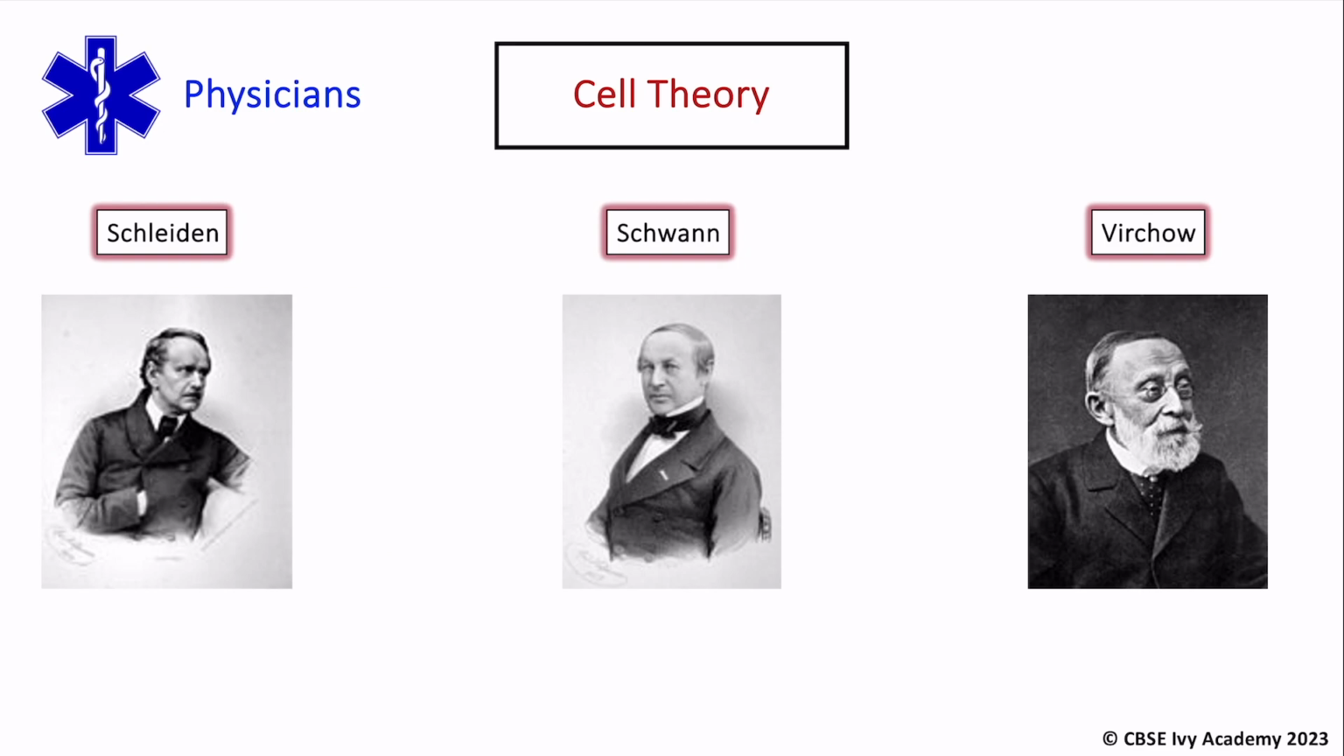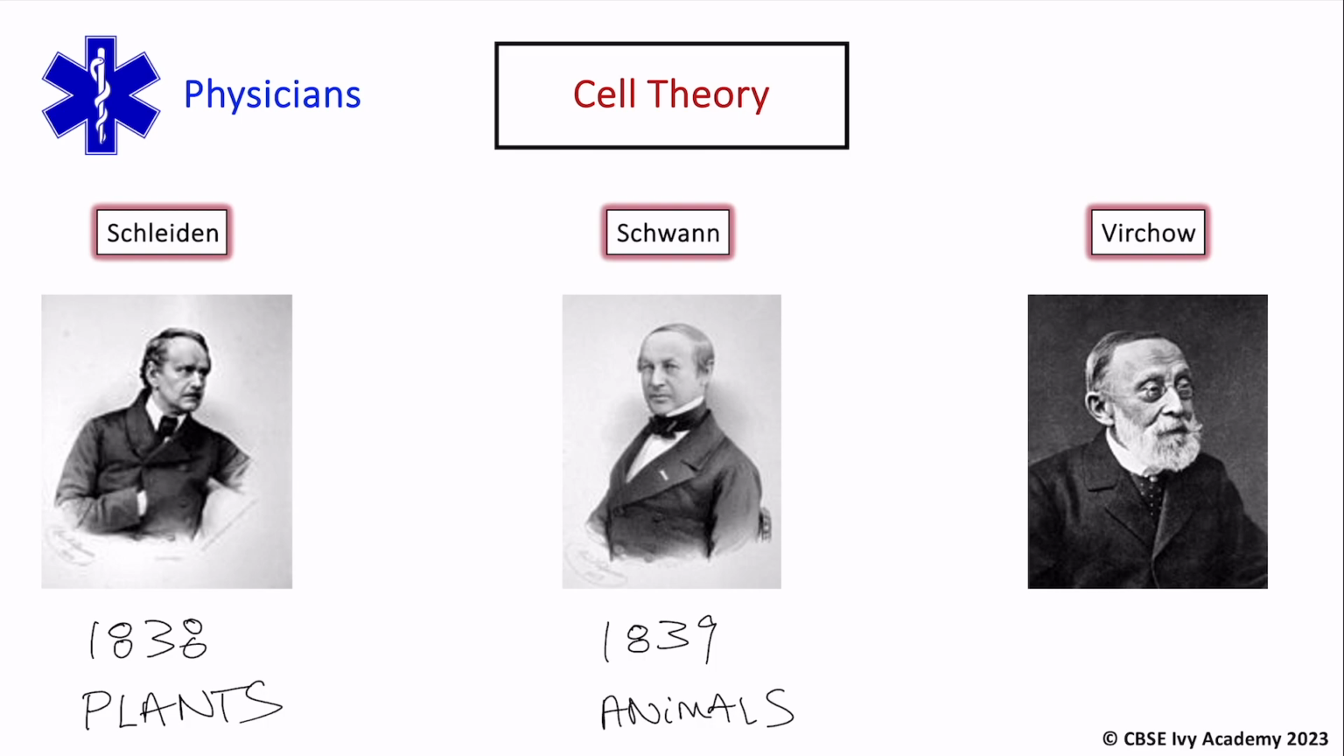Cell theory. There are 3 individuals that you should know when it comes to cell theory. The first is Matthias Jacob Schleiden, who in the year 1838 claimed that all plants are made from cells. Next, you have Theodor Schwann, who in 1839 claimed that all animals are made from cells. And then lastly, you have Rudolf Virchow, who in 1855,